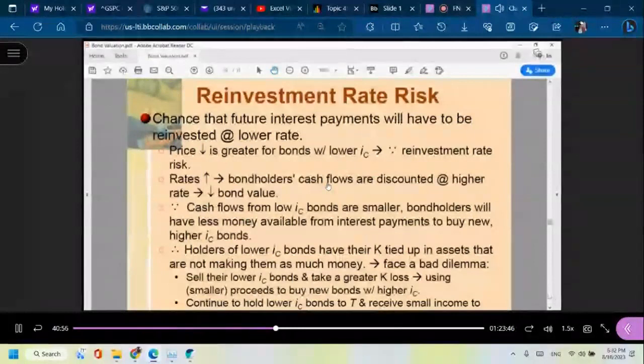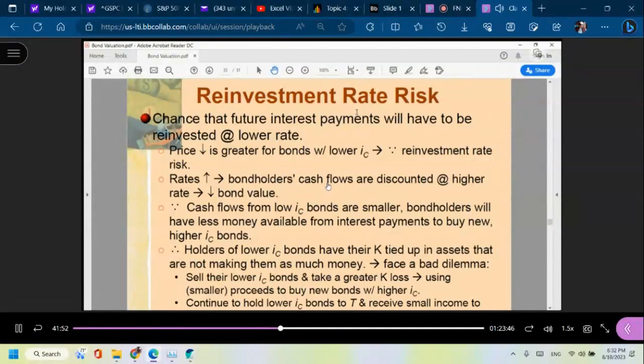And then there is another risk that wasn't discussed at the beginning of the semester, when we were talking about ROI. We didn't have a chance to talk about the reinvestment rate risk, because the four risks at the time were simply default risk, inflation risk, liquidity risk, and maturity risk, or interest rate risk. But then there is also reinvestment rate risk, because think about it. We've been assuming all along